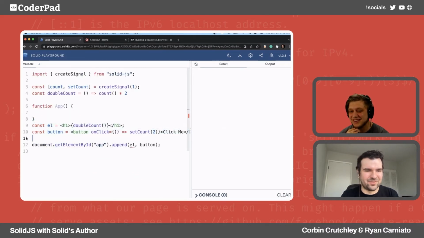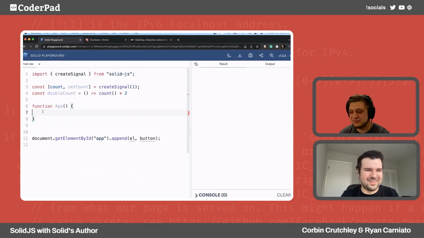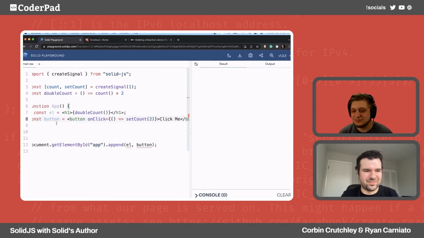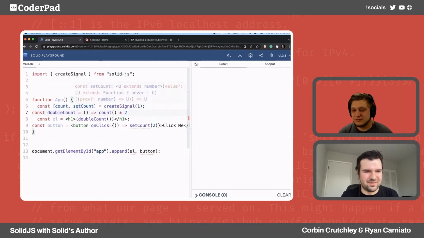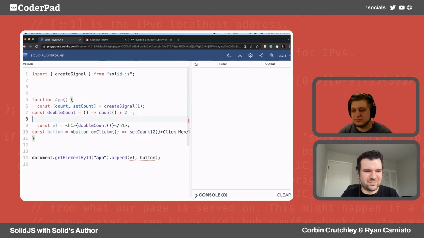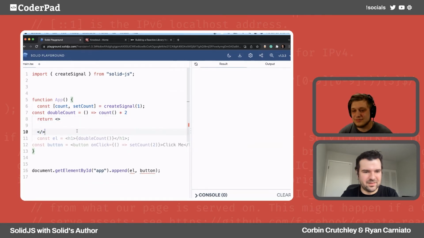Just having the spaghetti code at the bottom isn't the best. Let's put some of this stuff in here, and then we don't need these variables. Let's return maybe a fragment or something.